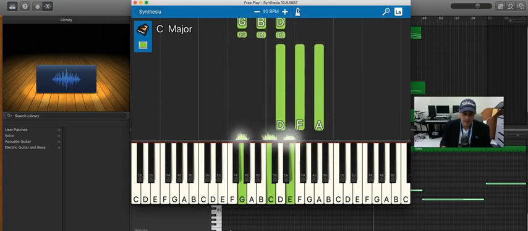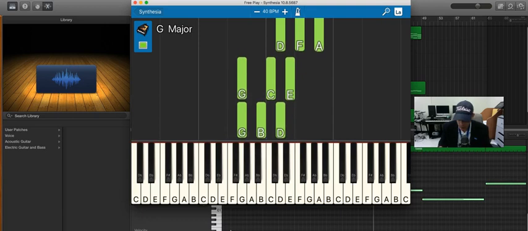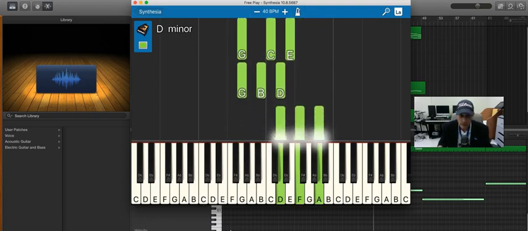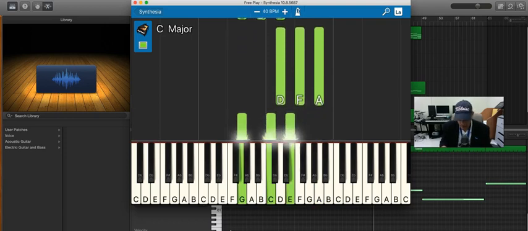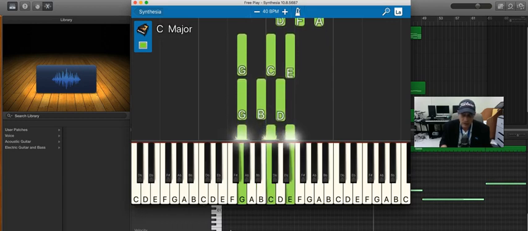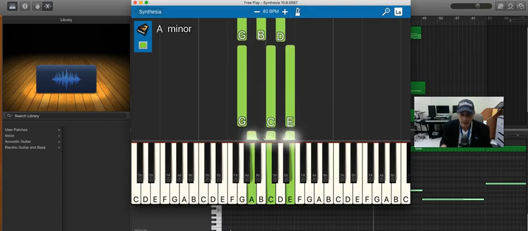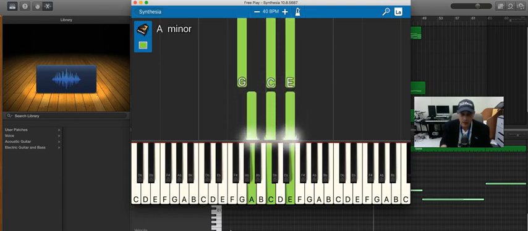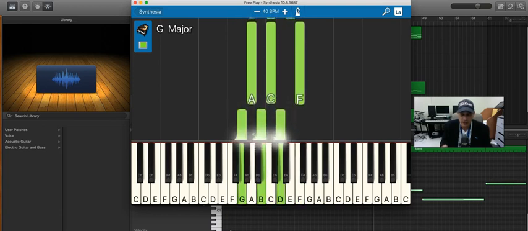Going to C, 2, 3, 4, 1, 2, 3, 4, DFA, 2, 3, 4, 5, 6, 7, 8, C, 2, 3, 4, G, 2, 3, go to the chorus, C, 2, 3, 4, 5, 6, 7, 8, A minor, 2, 3, 4, 5, 6, 7, 8, F major, 2, 3, 4, 5, 6, 7, 8, G major, 2, 3, 4,